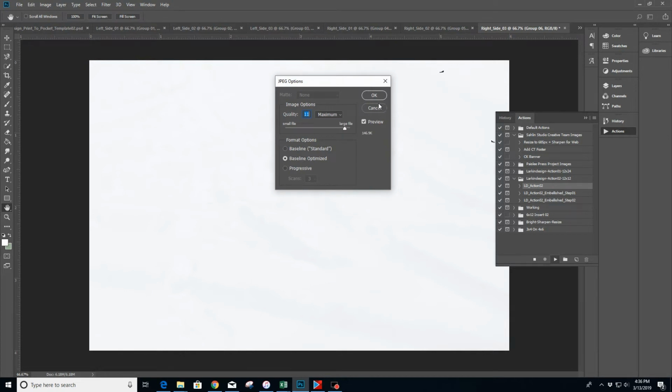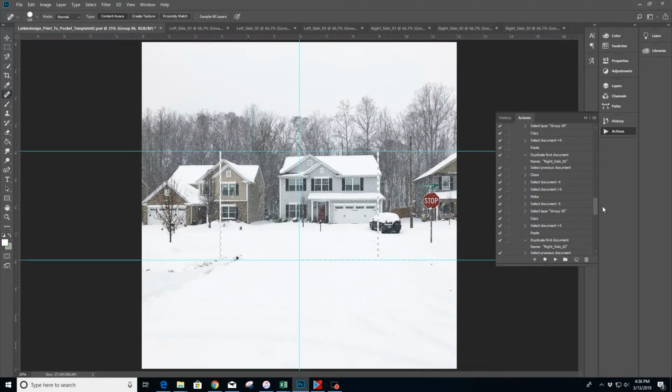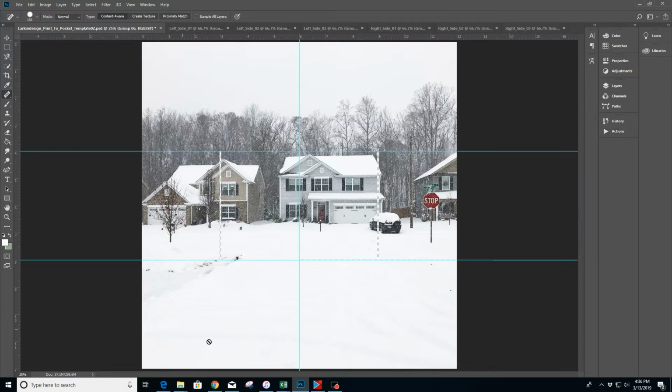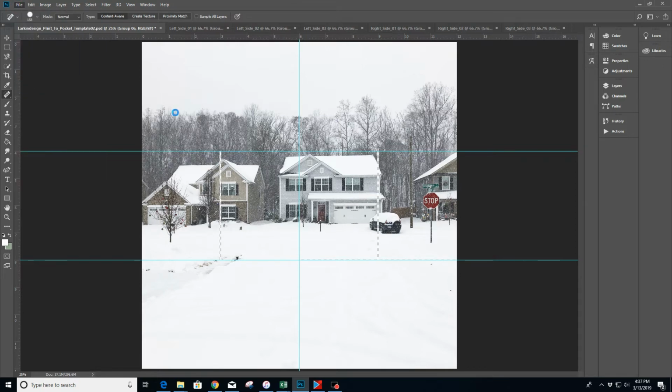And while I'm running through this, I'm noticing a few little details that I'm going to go back and edit after the action is done. And I think at this point it is done. You can always click on the action. Yeah, it is done. Okay, and so now you can see that the whole image has been brought into the original